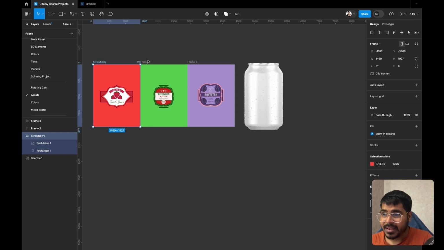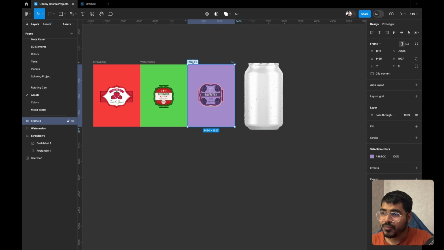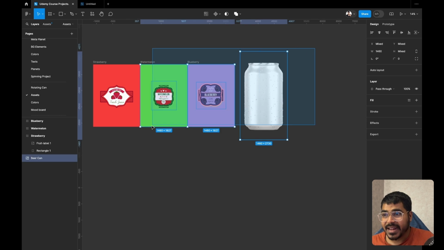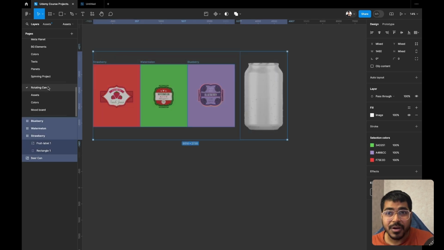Okay, and let's go ahead and rename this as watermelon, and this one would be renamed as obviously blueberry. All right, and we have the can. So let's go back. Let's actually select all of these, and we are going to work with this in our